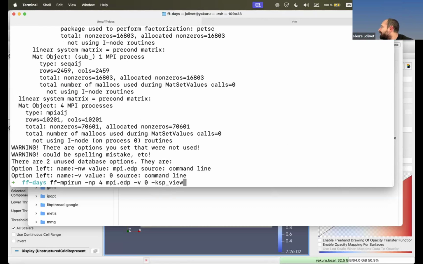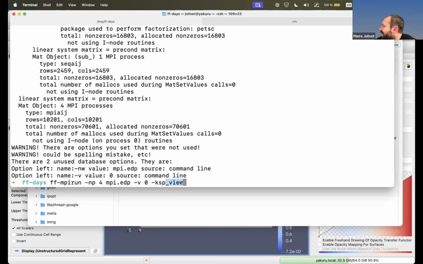So you have seen again the underscore view, and it's the same. Again, we follow the PETSc lingo, the PETSc options. The idea is that if you are doing some development in FreeFEM, and then you want to try something else, say you want to solve the same linear system in your commercial software, which is also using PETSc, maybe you want to just copy-paste your string of options and not have to change all the parameters and pass different arguments and whatnot. And so we parse by default